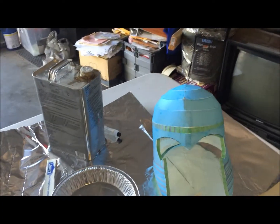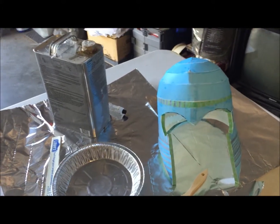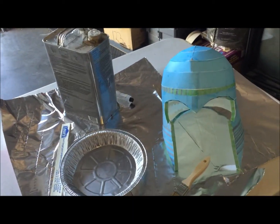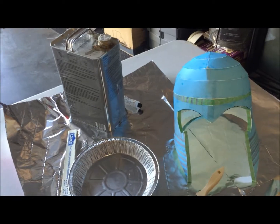Alright, so we're going to go ahead and start the fiberglass resin step. Here's some things that you'll need. Definitely you'll want a table or some kind of surface that you don't care if it gets all jacked up. And I also cover my workspace in aluminum. Why aluminum versus newspaper is just because